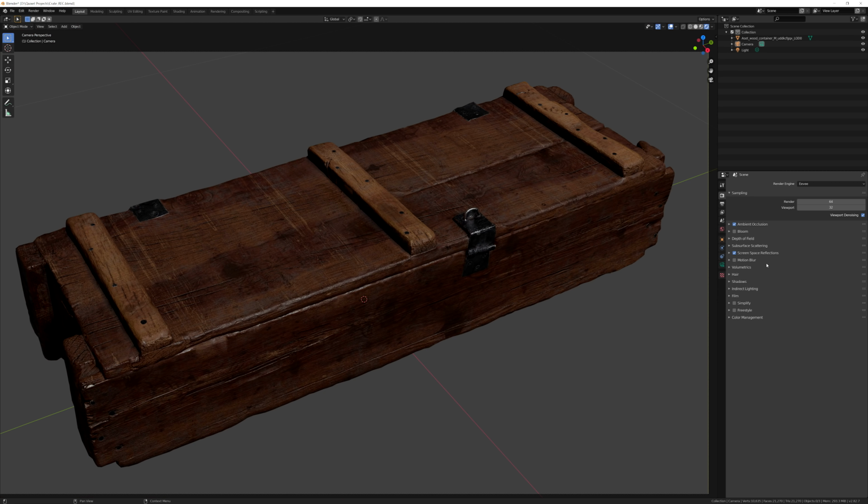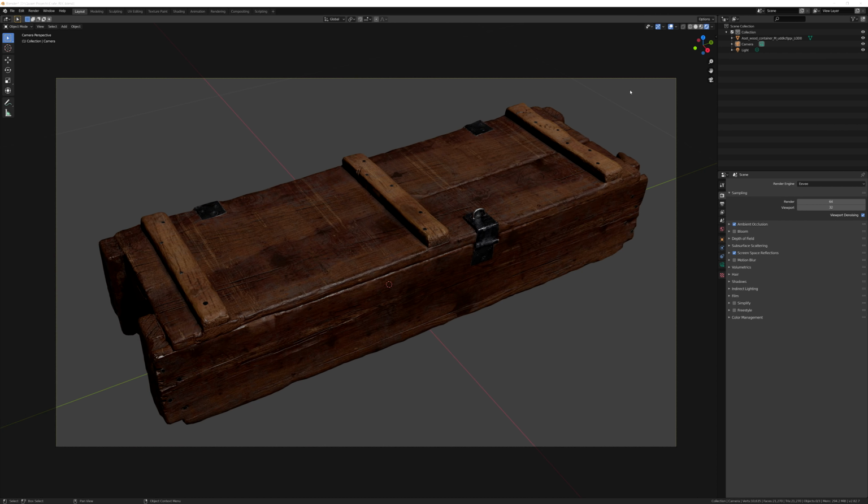The last setting we're going to adjust here is the shadows. If we drop down this menu, we need to make sure that soft shadows are enabled, and that's going to allow our lamps to somewhat act like a dynamic lamp. I also want to make sure that high bit depth is selected so that our shadow quality from the light values to the dark values has a much higher gradient to work with. It just makes sure that the shadows are a bit smoother. The last thing I want to do here is adjust our cube size from 512 pixels to somewhere around 1024 pixels. This is just going to bump up the resolution of the shadow quality.